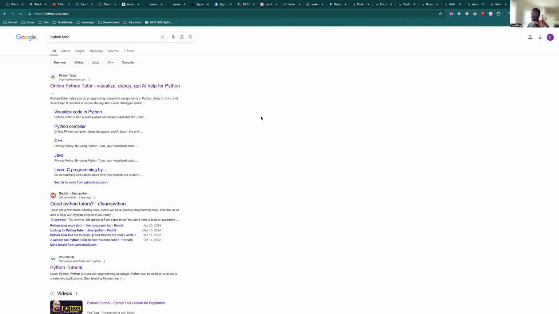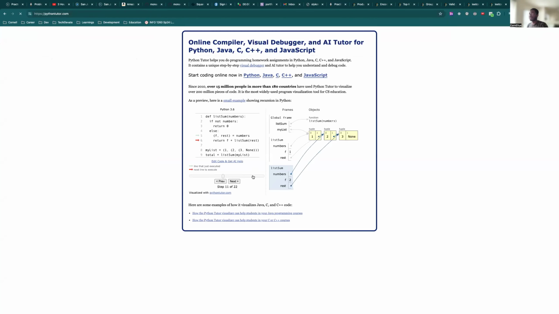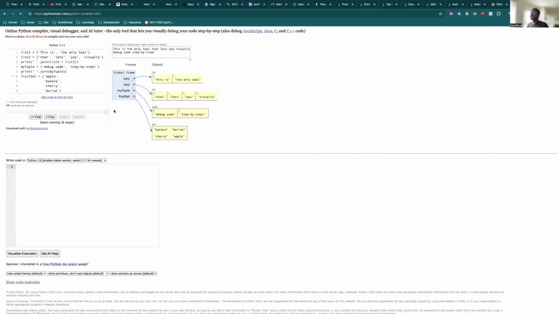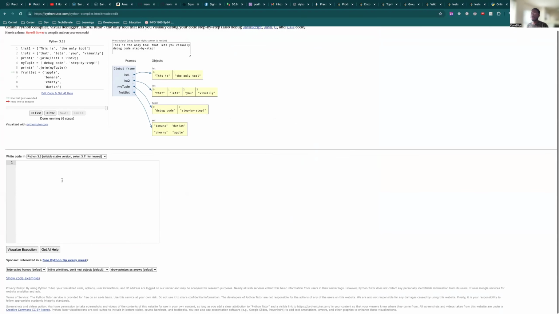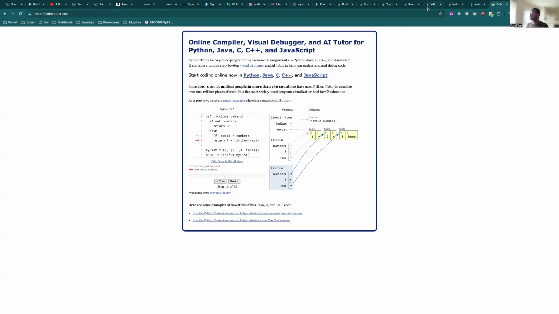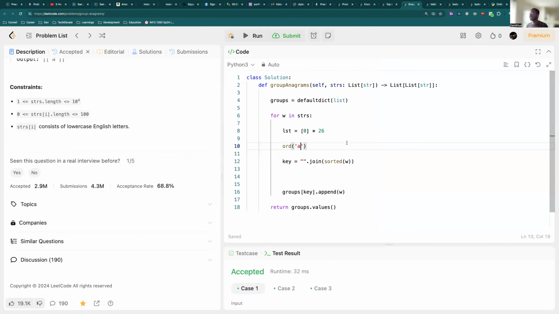Cornell has an internal one, which is similar to this actually, and it was so helpful. I don't know why they always give us this. Let me think, Python, and it's so helpful, right? So here, what I'll do is paste the code here and try to visualize it. If you're new, you probably don't know this tool, so please use it. For instance, let's copy this code.